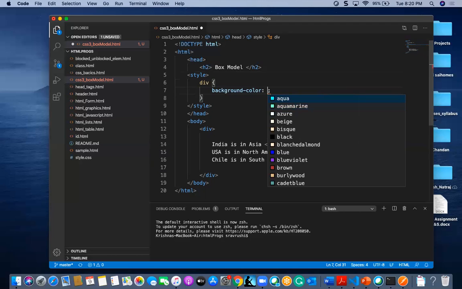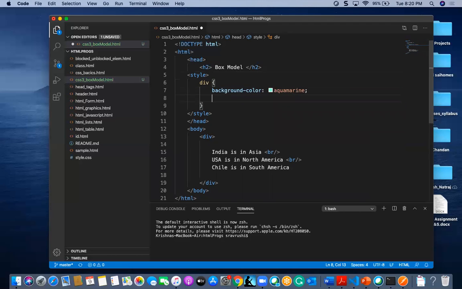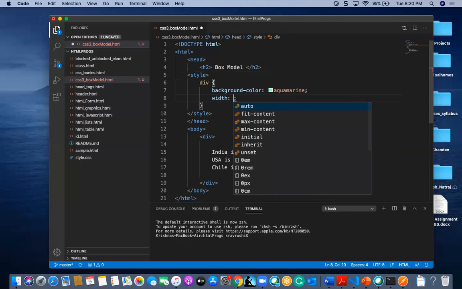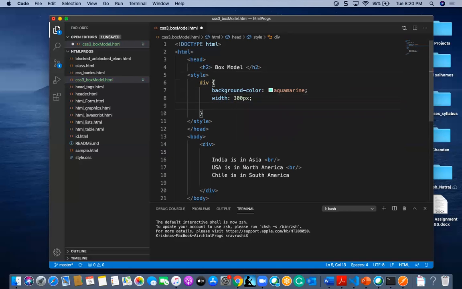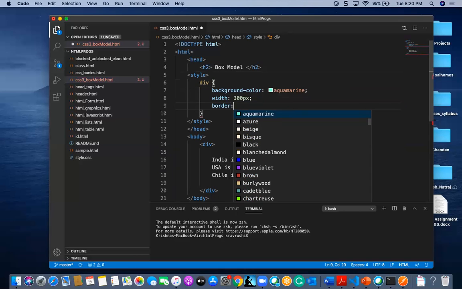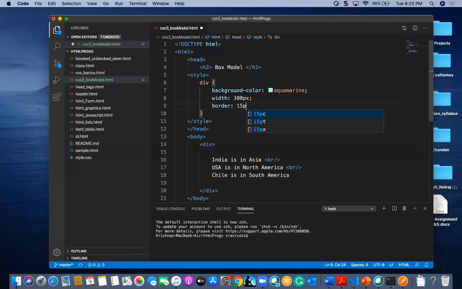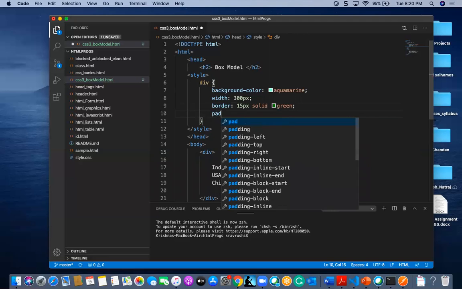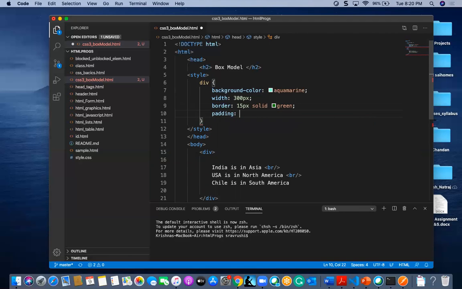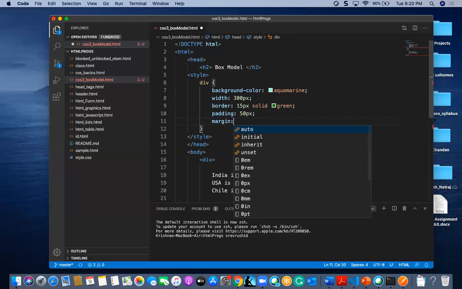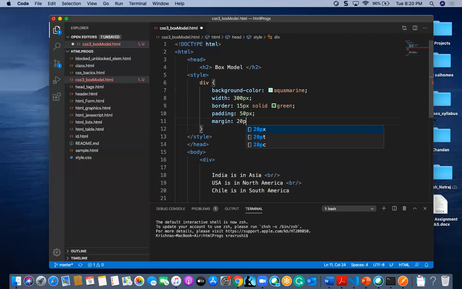Background color is aquamarine, and width I am going to mention 300 pixel, and border I am going to give 15 pixel, solid, and green. Also I have padding here, 50 pixel, and margin I am going to give 20 pixel.